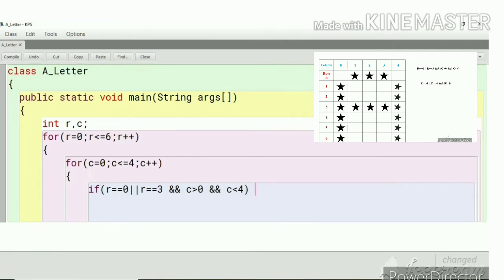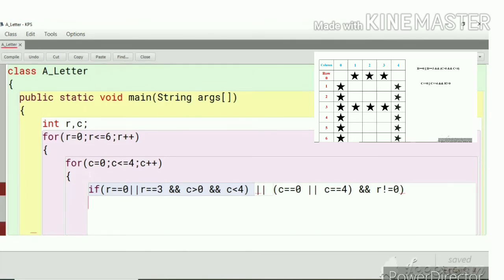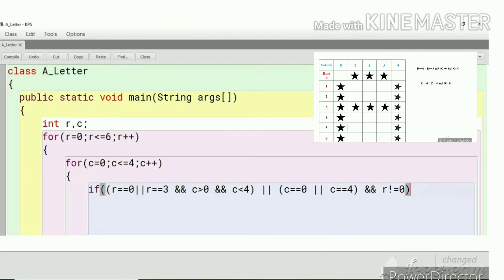The second condition is C equal 0 or C equal 4 but R not equal to 0. At that time it will print; this will combine with the if, then it will print.